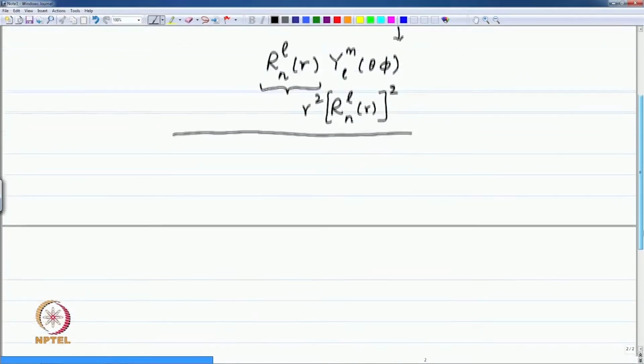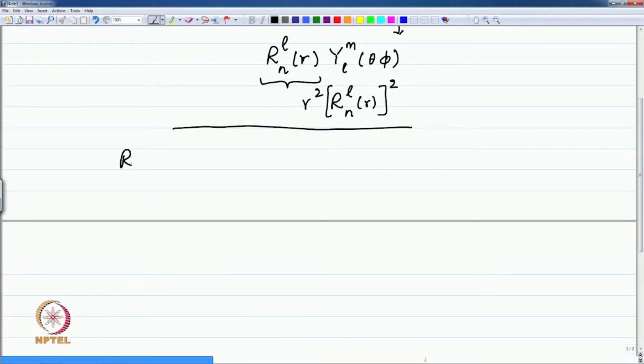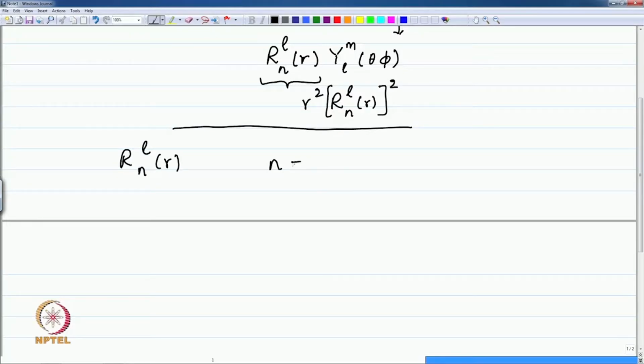mentioning that the radial functions, with the quantum numbers n and l, have the range for the quantum numbers as n equal to 1, 2, 3 all the way up to infinity, and l is equal to 0, 1, 2 up to n minus 1 for any n. Therefore,